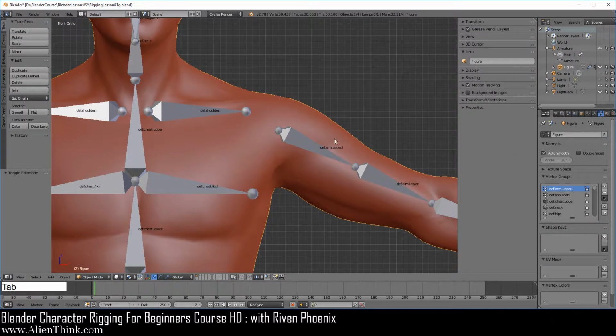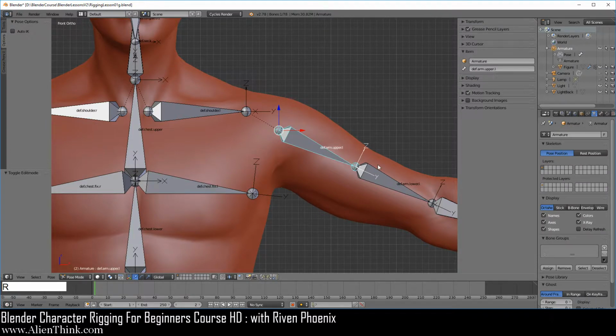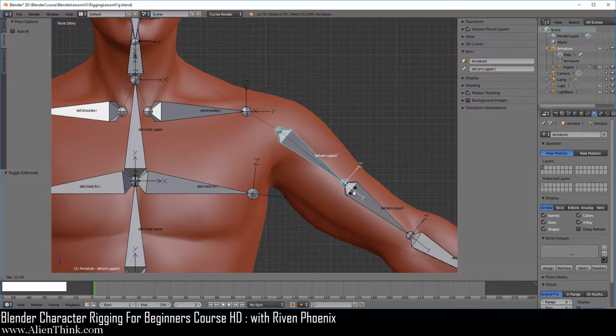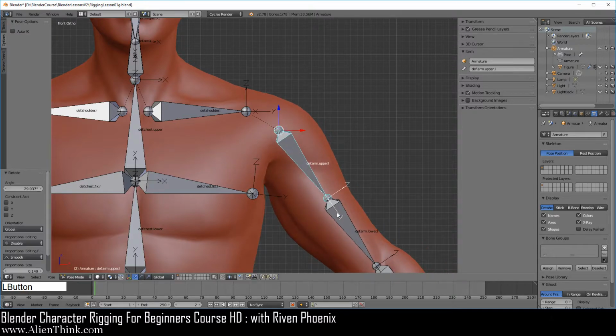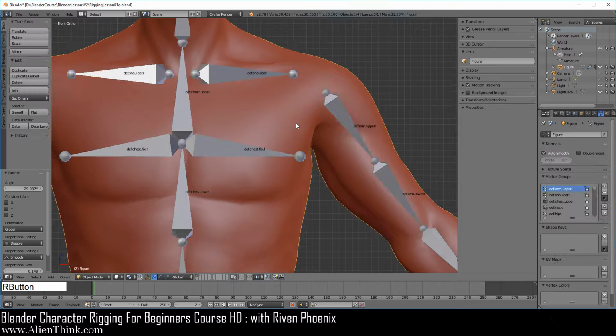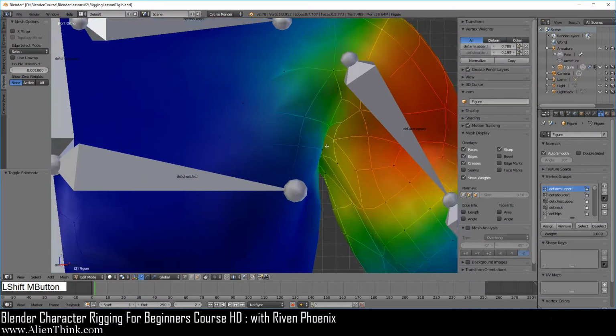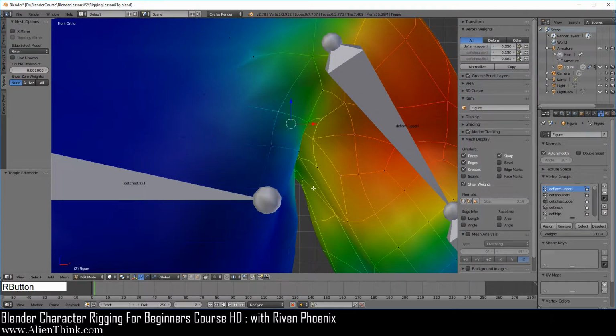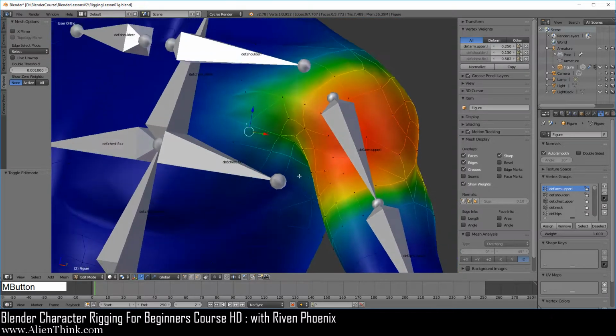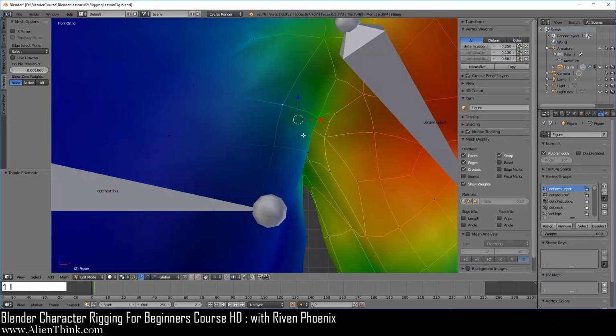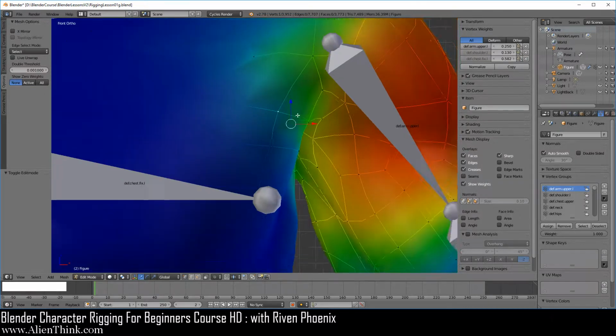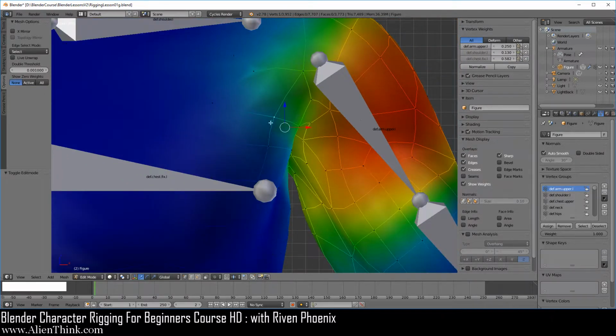Now, if you press the Tab key, click over here and press the R key, you'll see how this is moving. Now go ahead and move this down here, right? So here you can see that we can use this concept to click on the figure, press the Tab key, and now take a look at each vertex, right? And see that, okay, maybe we want to move this deform area when the arm moves down, move this vertex over here. So the way you would do this is you have to go through which vertex group to